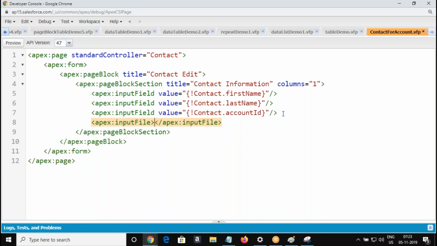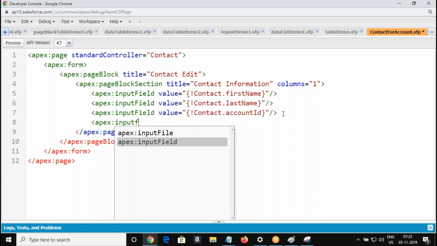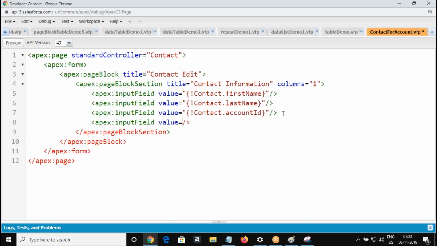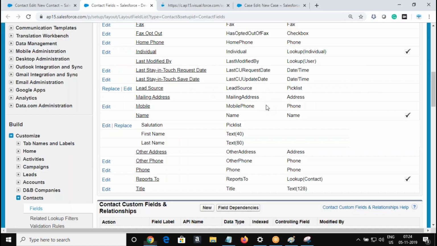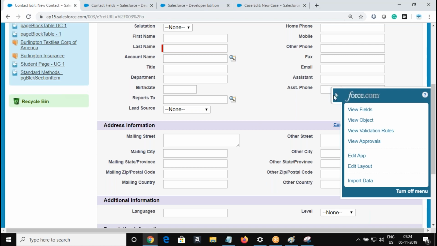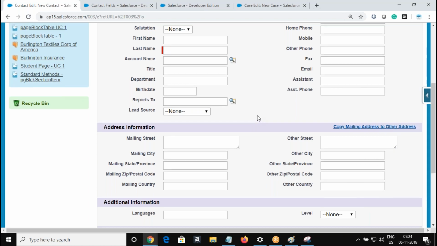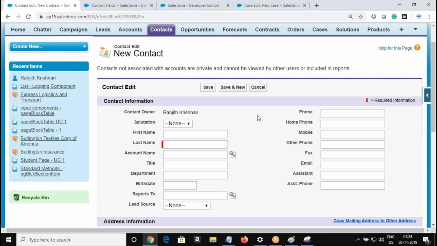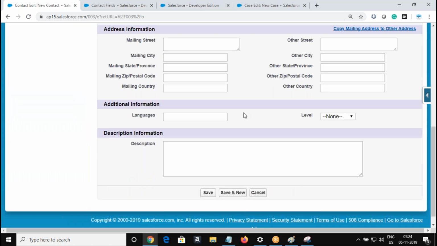Input field, contact.reportToId, suffixed with ID. I'm going to bring this. Are people able to follow this? So that's the naming convention we'll follow.